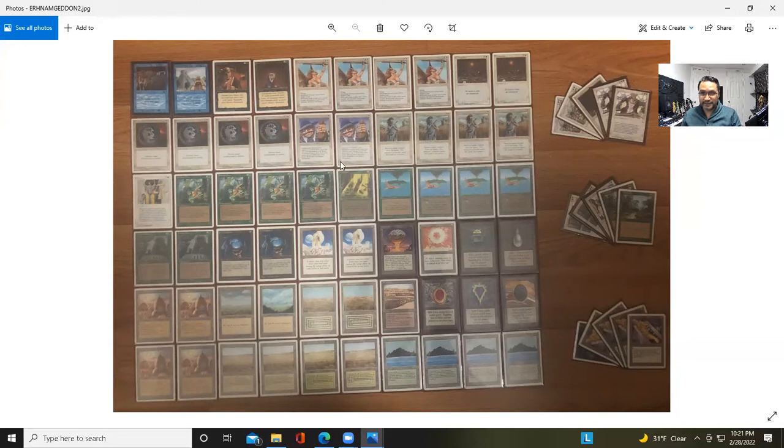Then I can't use the land taxes with this, but that's fine because, like I said, I think I might just ditch it for this one. I have to ditch the land tax plan because I want to keep these cards. But I need more threats, right? So honestly, I might not even, I might just